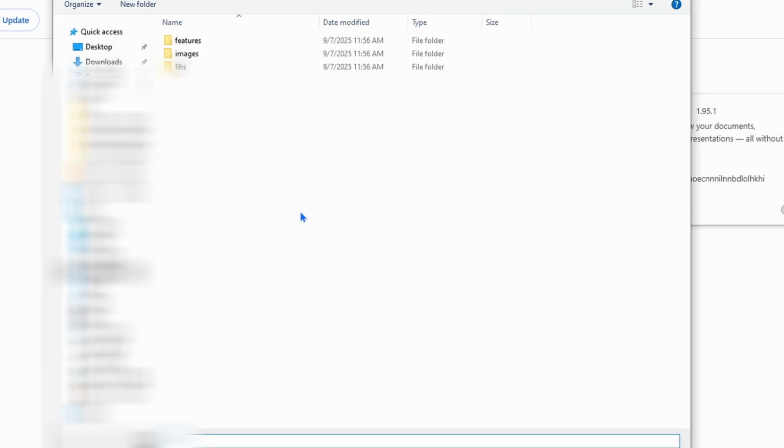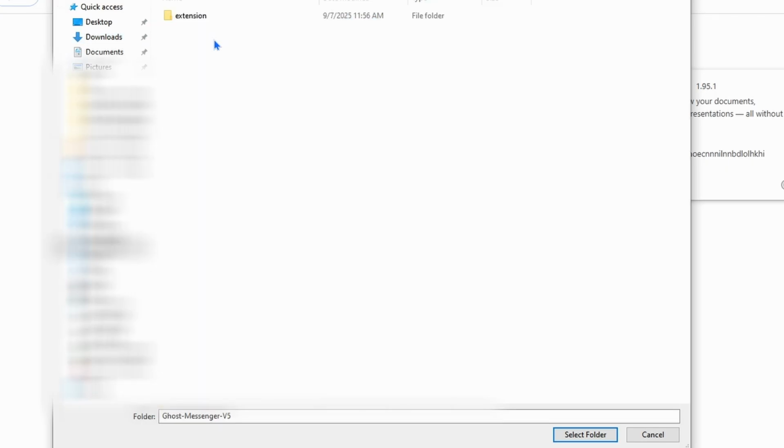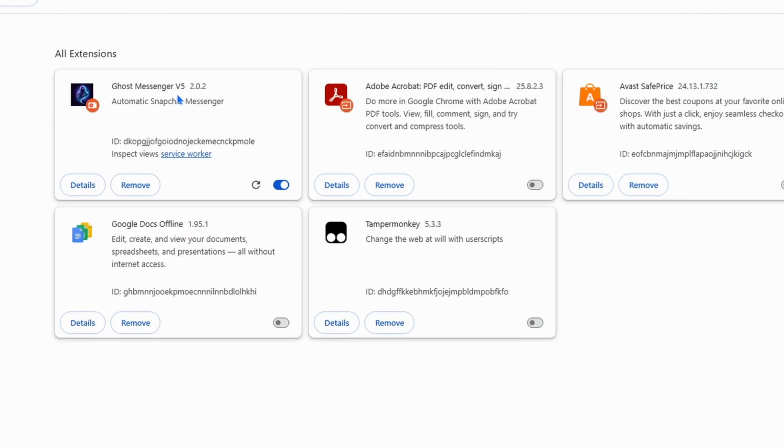When you click that, you'll be taken to a dialog where you are able to select a folder. Now, the folder that you're going to want to select is that extension folder from before. So go ahead and navigate to your Downloads folder, find that Ghost Messenger V5 folder, double click on that, and then look for this extension folder here. Click on that one time so that down here it says Folder Extension, then click Select Folder. You'll know you're on the right version when it says 2.0.2 right here next to the Ghost Messenger V5 label